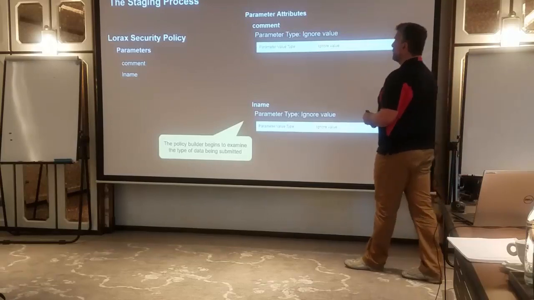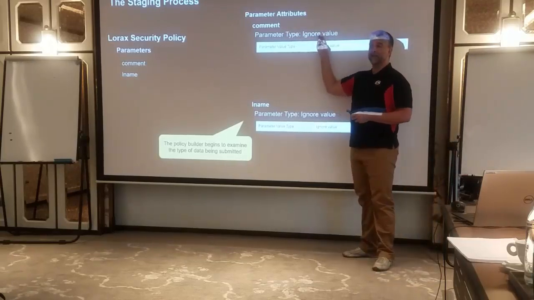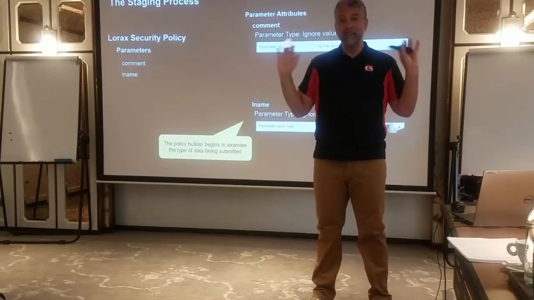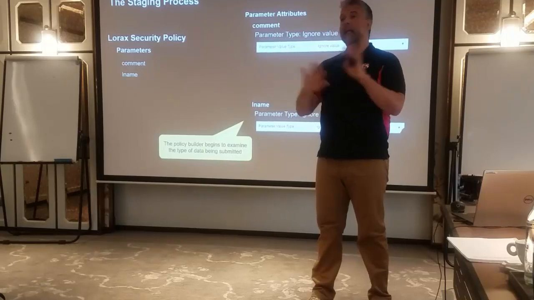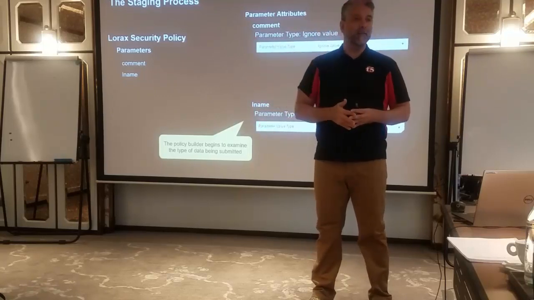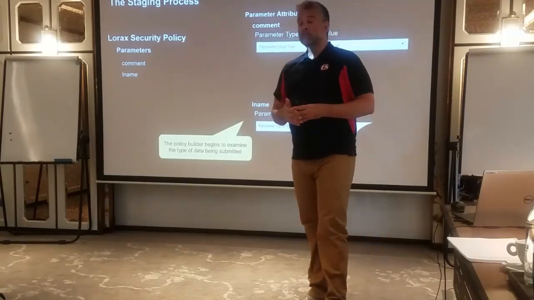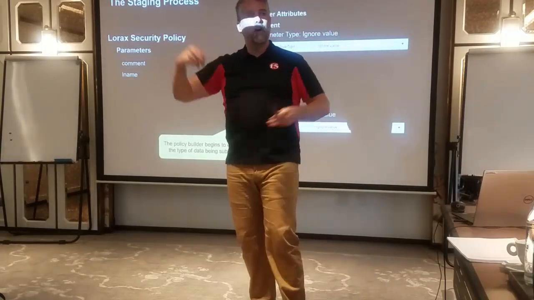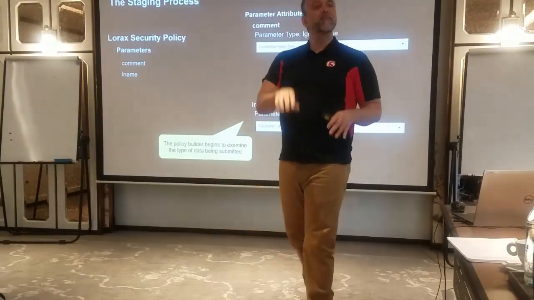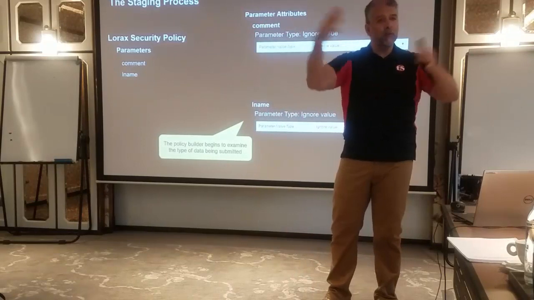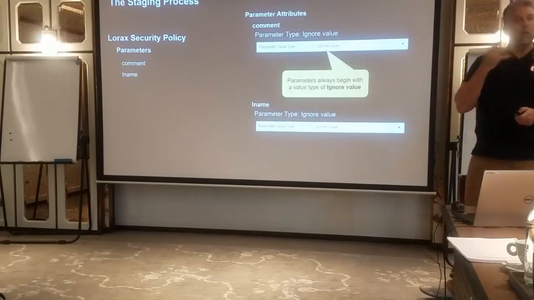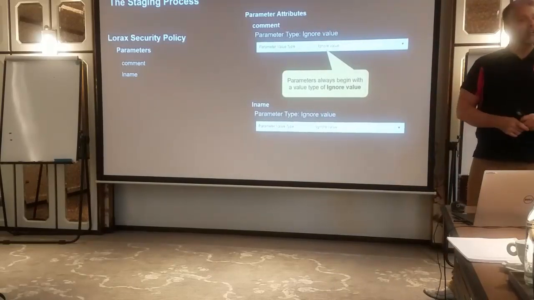The only attribute will be parameter type equals ignore value. What that means is right now, ASM knows this parameter is valid, but that's all it cares about. It's not going to block any requests of any type of data going into the parameter, not presently. All it's going to do is start looking at all these requests from all these users over time, all these unique sessions that are submitting comments, adding their last name, and it's just looking at every request, and slowly over time, maybe a week later, I'll go back and I'll look at the two parameters